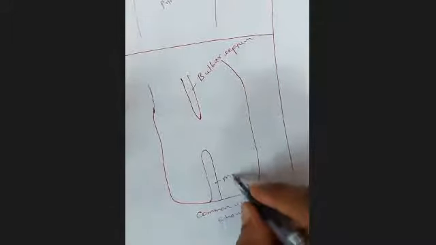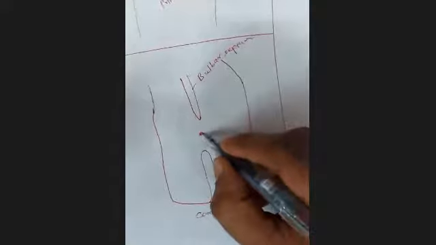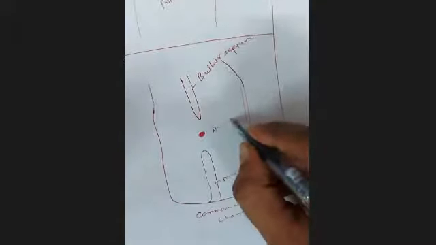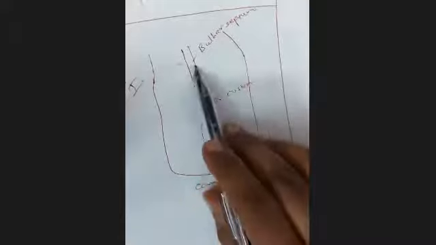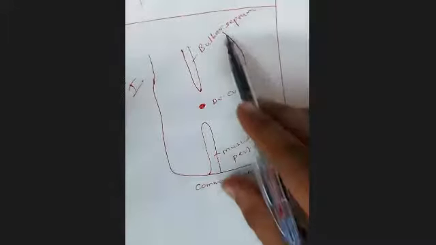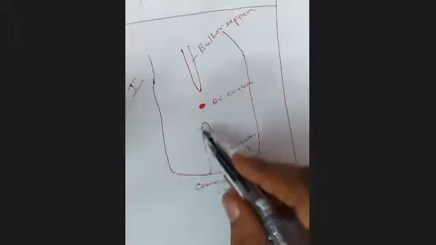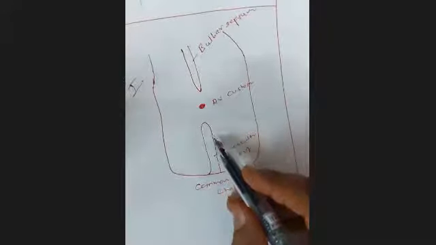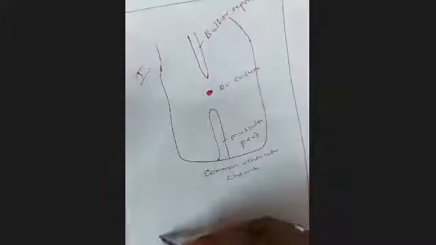This part is called the muscular part, and in between here are AV cushions. So this is step one. The bulbar septum develops in the bulbus cordis coming from the top, and the muscular part develops from the floor, and in between is the AV cushion.